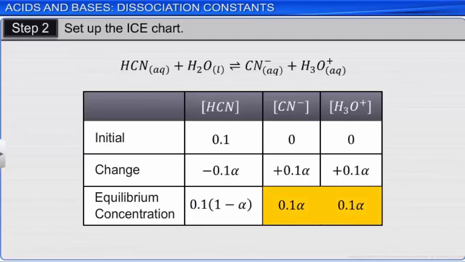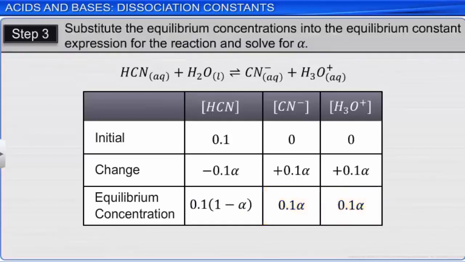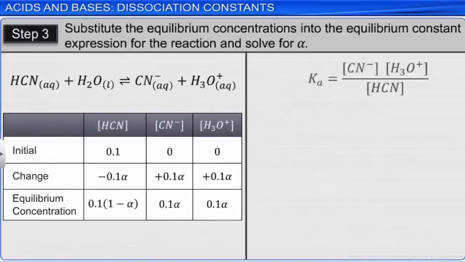In the third step, substitute the equilibrium concentrations into the equilibrium constant expression for the reaction and solve for alpha. The expression for the dissociation constant of hydrocyanic acid can be written as Ka equals product of concentrations of cyanide and hydronium ions divided by concentration of hydrocyanic acid. On substituting the equilibrium concentrations into this equation, we get 0.1 alpha multiplied by 0.1 alpha divided by 0.1 multiplied